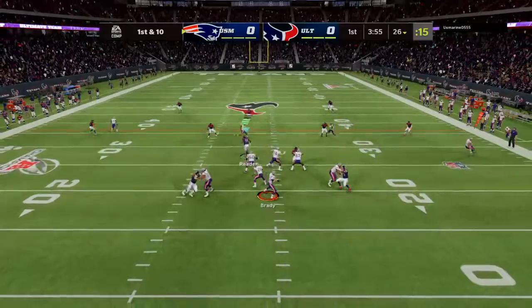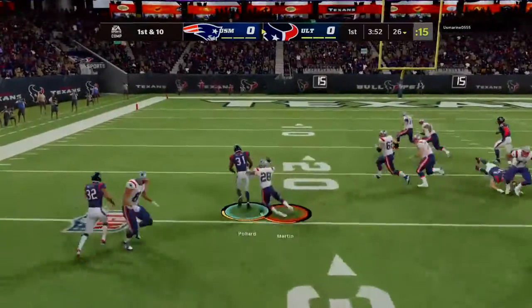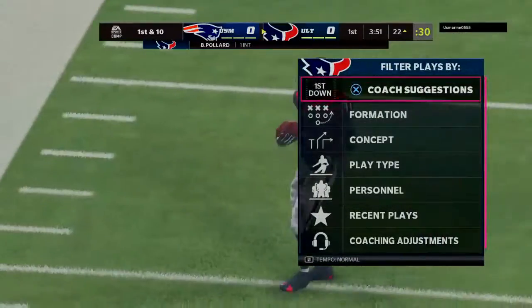Throwing on first down is Brady. Oh, this is intercepted, intended for Hill. Picked off at the 33. And this one will be brought back to the...